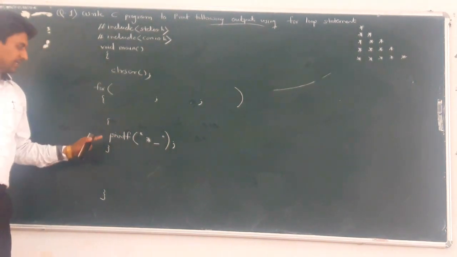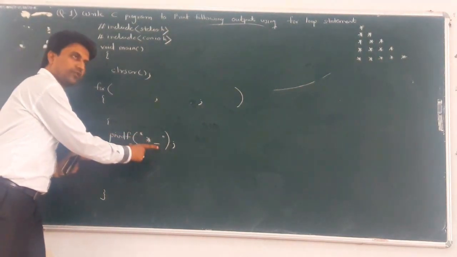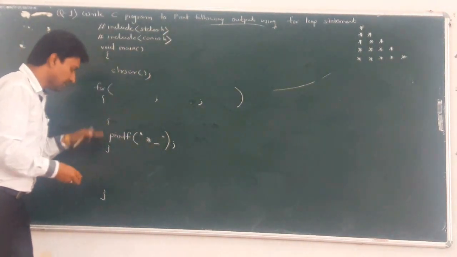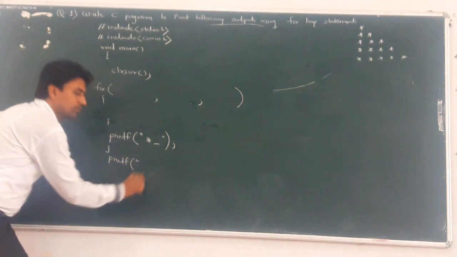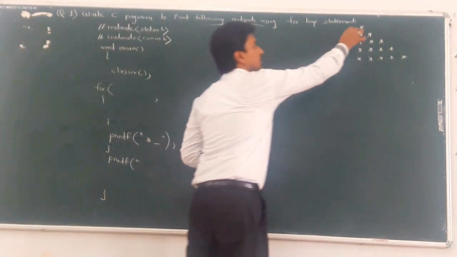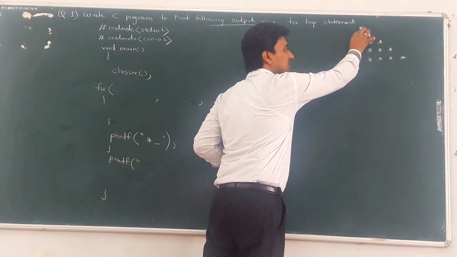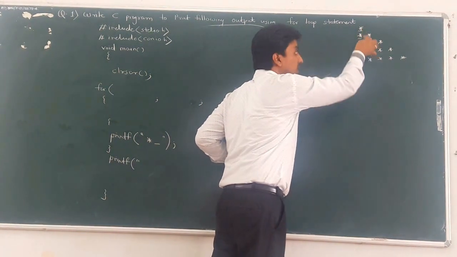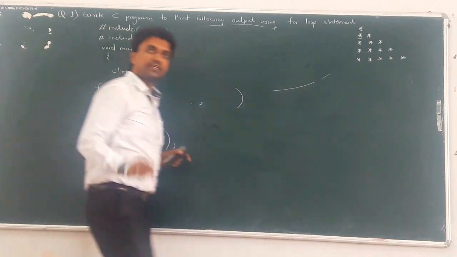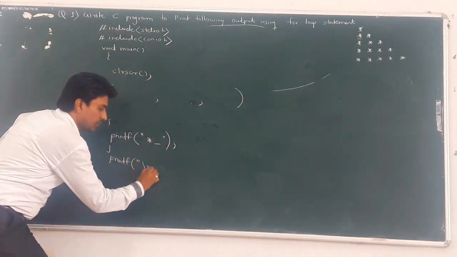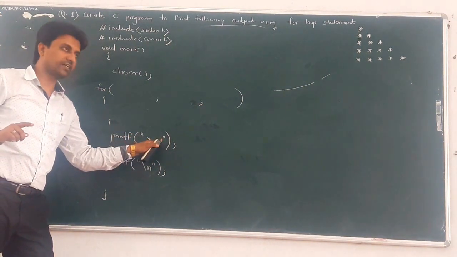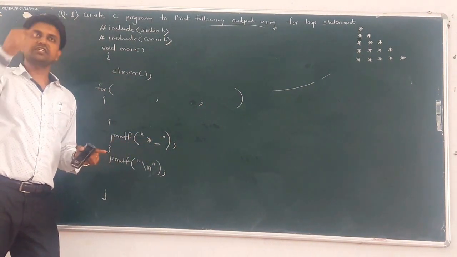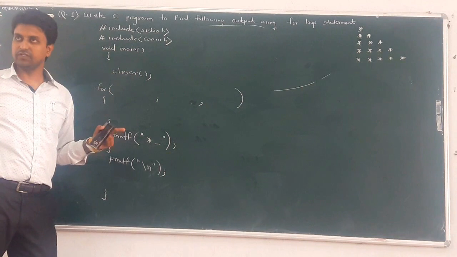Give the curly brackets. Why? Because the first line we want to print only once. After completion of the first line, the cursor goes to the next line. If 1 star is printed on the first line, then the cursor goes to the next line. That means we want to print \n after that. No need to write \n here. Otherwise, what happens? Each and every line, only a star is printed.